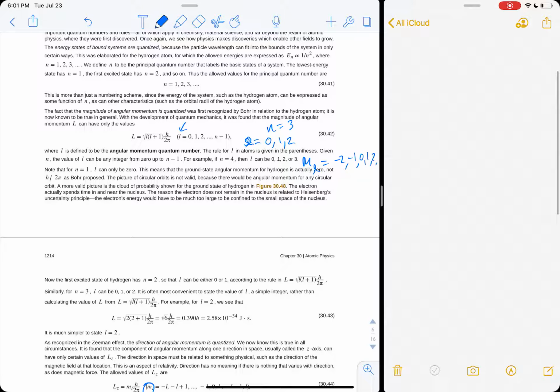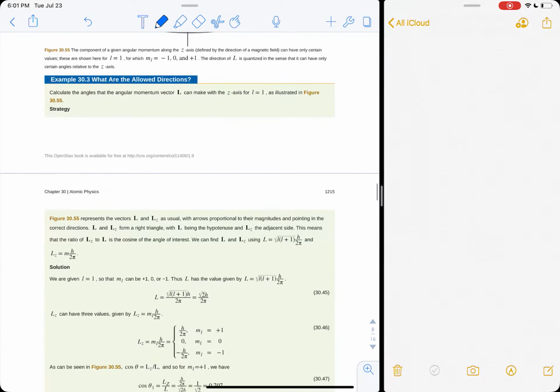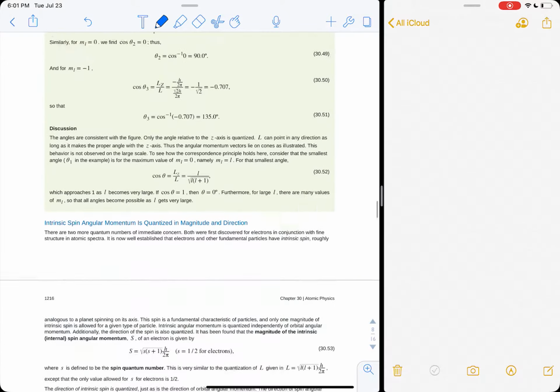Then there's finally spin m sub s, which can always be plus a half or minus a half. Okay, so your final electron in the n equals 3 state could have an L of 2, an m sub L of minus 1, and a spin of plus half. Or it could be 3, 1, 1, and minus a half. Or it could be 3, 0, 0, and plus a half, or 0, 0, minus a half. So those are all the possible states that an electron can be in around an atom.